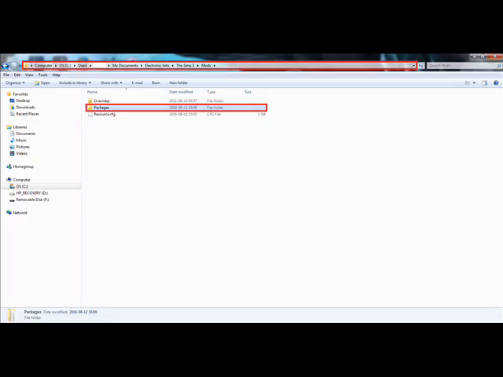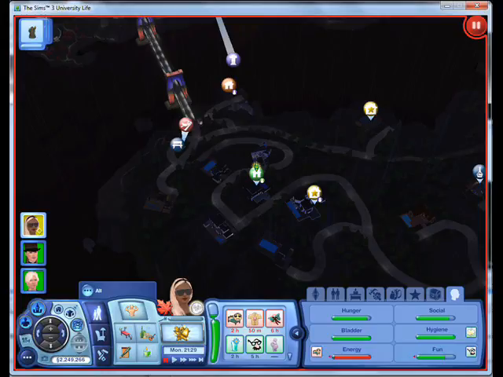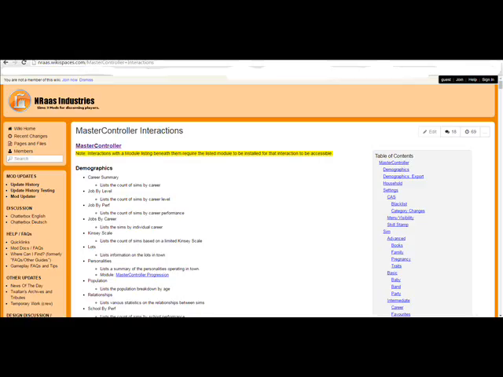After you download your NRAS mod, extract it into the packages folder, which is in the mods folder. Then after installing your new mods, play your game a bit to ensure that you did things right thus far. And now we go to the NRAS mods.